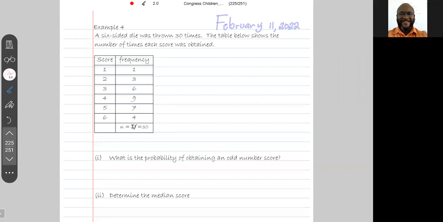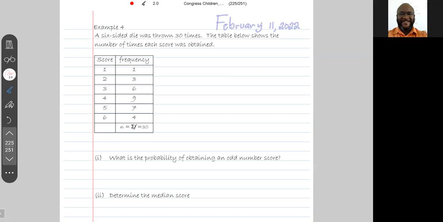So this die was thrown 30 times, and this table records the number of times each number was on top. So 1 was on top only once, 2 was on top 3 times, 3 was on top 6 times, 4 was on top 9 times, 5 was on top 7 times, and 6 was on top 4 times,